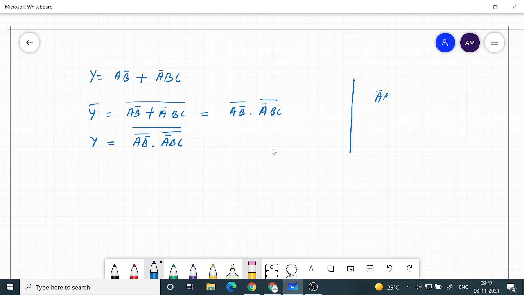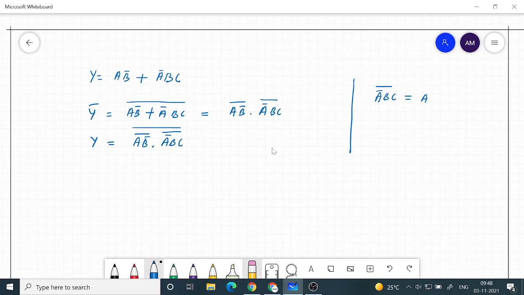A bar b c, this term, the whole bar. This term has 3 literals, so that is coming as a product term.